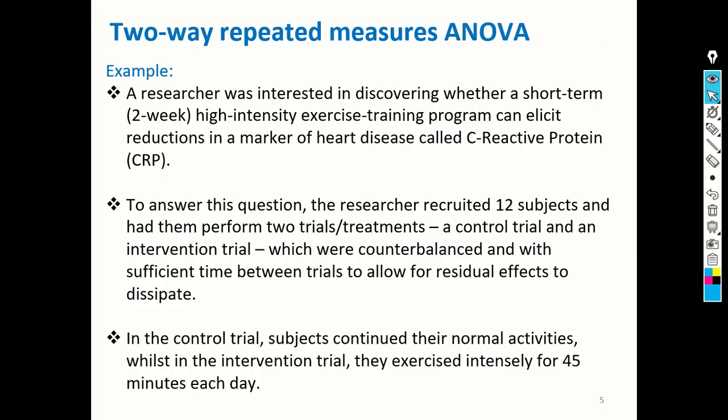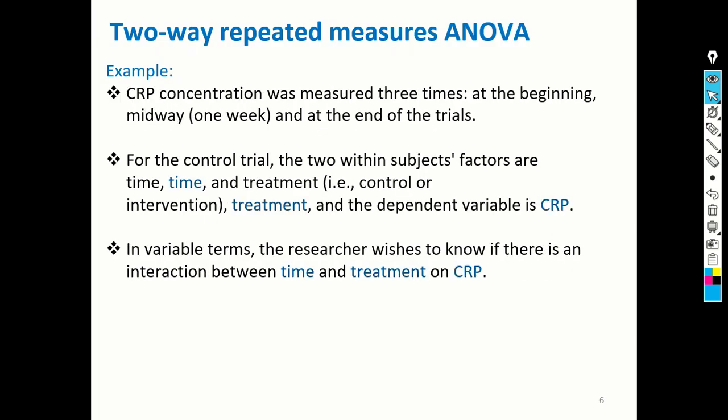So the type of treatment or the intervention is one predictor, and the time at which the measurement was taken is by itself a second predictor variable. The CRP concentration is the outcome variable. CRP concentration was measured at 3 points in time: at the beginning, the midway, and at the end of the trial. This has been done during the control period and during the intervention period. So CRP concentration was measured 3 times during the control period, and 3 times